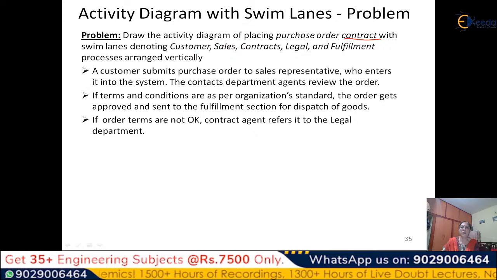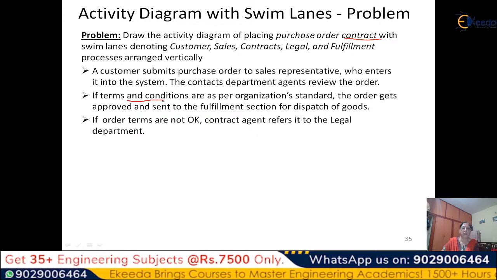Customer is one class. So there will be different objects for each class who will be doing part of this process. A customer will submit the purchase order to the sales representative. So the customer is only interacting with the sales representative, who enters it into the system. The contract department agent will review the order. So when the sales department gets it, the contract department will be able to view it. One agent will come and review the order. He will first look at the terms and conditions